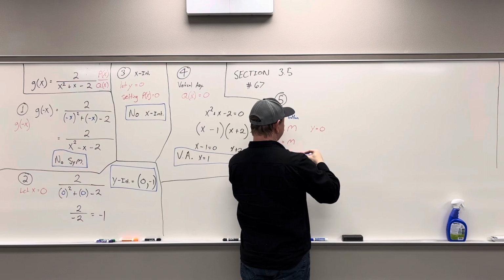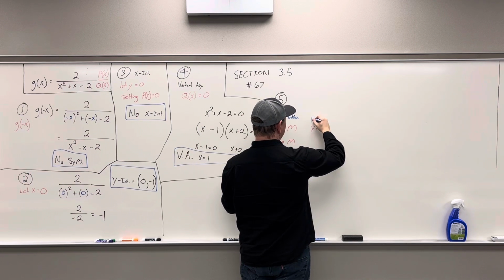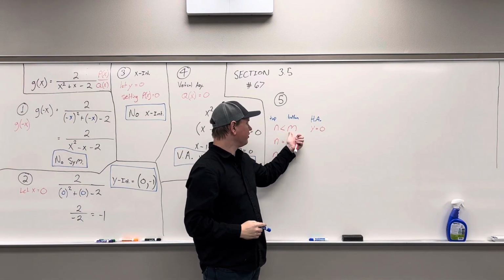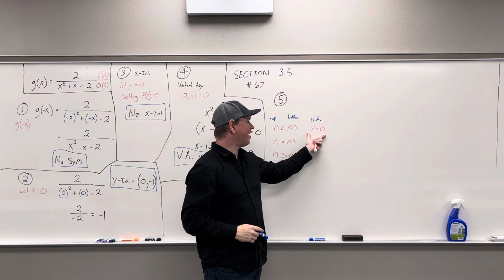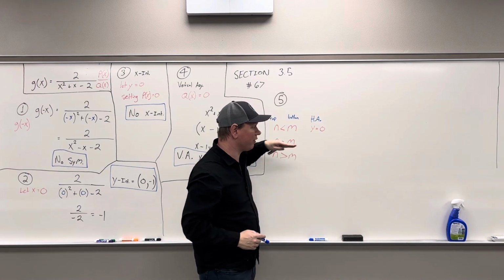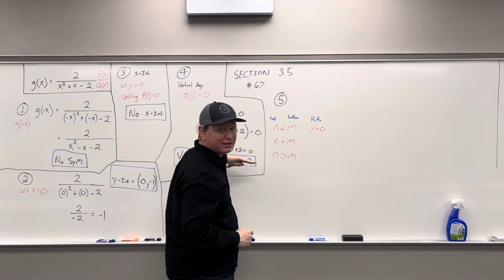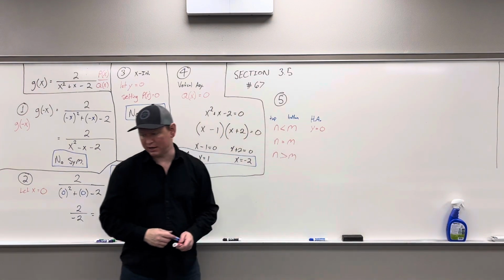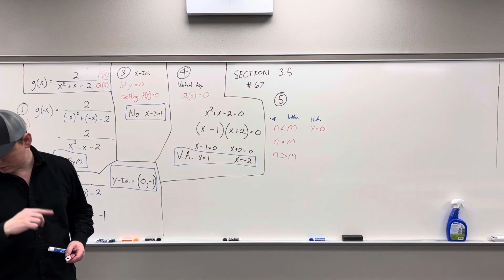And remember, we're talking about our horizontal asymptotes. So when the top is smaller than the bottom, we have an asymptote sitting at y equals 0, which would basically be the x-axis. When they're equal to each other,